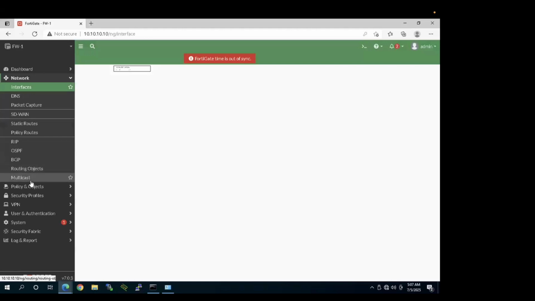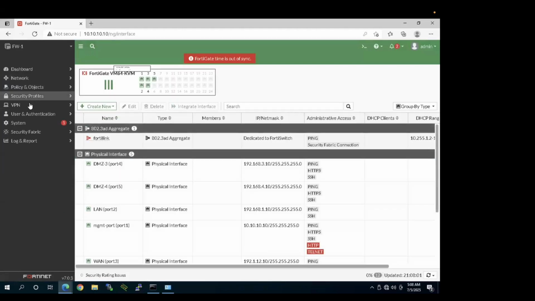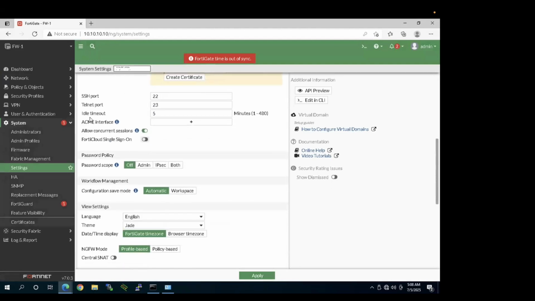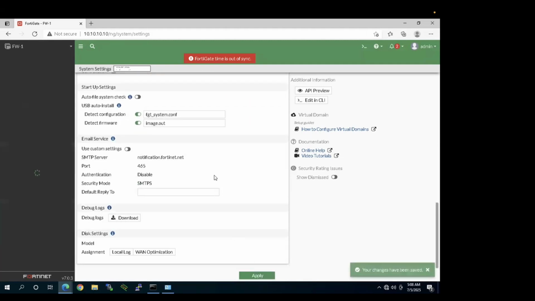Every time the session is getting expired. Why? Because by default it is set to 5. I'm going under System and then Settings. Let me increase it. See, idle timeout is, if you are idle, not pressing anything, then after 5, this is in minutes, right? 5 minutes. So let's make it, for example, 15-20 minutes at least. Let me make it 30 minutes. So for 30 minutes, if I'll be idle, then it will go and